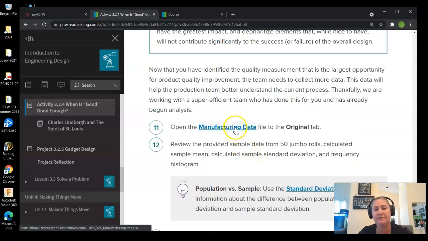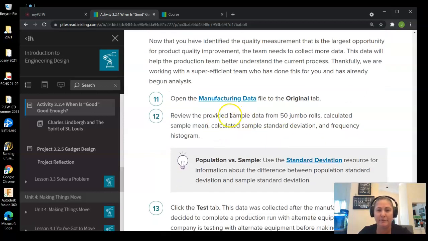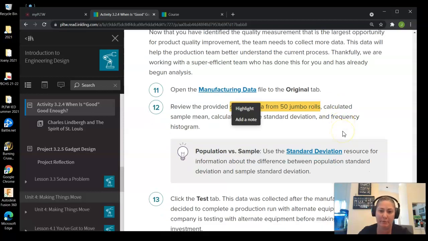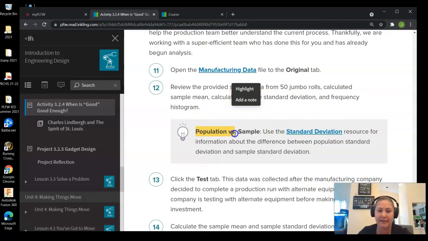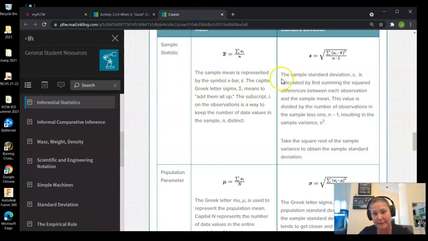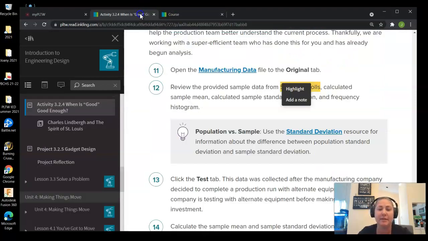Yeah, so the students have to download and open this manufacturing data file, and there are two tabs on it, original and test. They want the students to look at sample data from 50 jumbo rolls of that pulp paper. They don't have population data, they just have a sample because they just have 50 rolls, they don't have all of them. So we want to take a quick look at the difference between having sample statistics or the sample standard deviation, this formula here, and not the population because we only have 50 rolls. So let's see how that plays out in